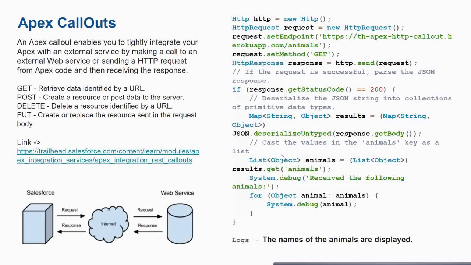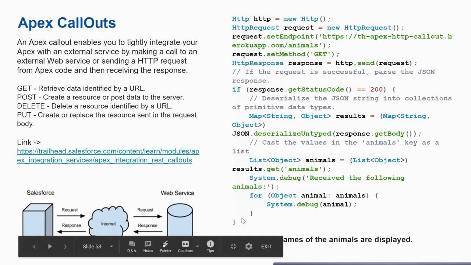This is the result map object where it's stored in the key value pair, and from this result they are getting the value where the key is animal, okay. So for the animal key, they are getting the entire values, and it's stored inside this list called animals, and then it's looping through that list to get each animal, and it's getting outputted, okay.